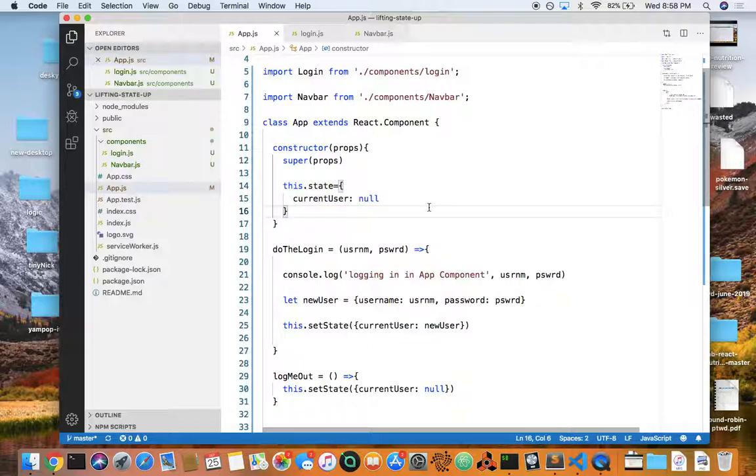This is what Redux is for. When you use Redux, it basically takes the state out of app.js, puts it into a separate file, and then all your components just talk to that file. But this is the same idea. We are reduxifying our React app like this. Okay? So that is